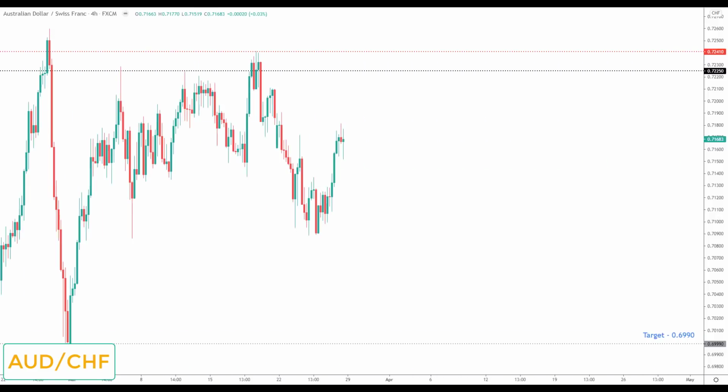Next is Aussie Frank. Now Aussie Frank is not down on the watch list this week. The next major target to the downside is 0.6990, so I would be looking for it to come down to this level. However, it may take 2 weeks to get here, so we've already started to correct. If you are looking at trading Aussie Frank, I would be only interested in short positions next week, and any bearish breakout to the downside would be viewed as an opportunity to look for short positions. First of all, down to the previous lows if you want a conservative target for next week, and then eventually onto the next key area of support to the downside and the target set at the 0.6990.